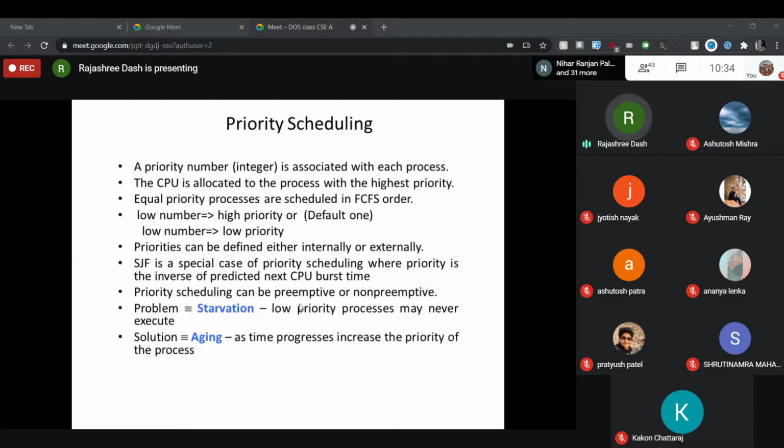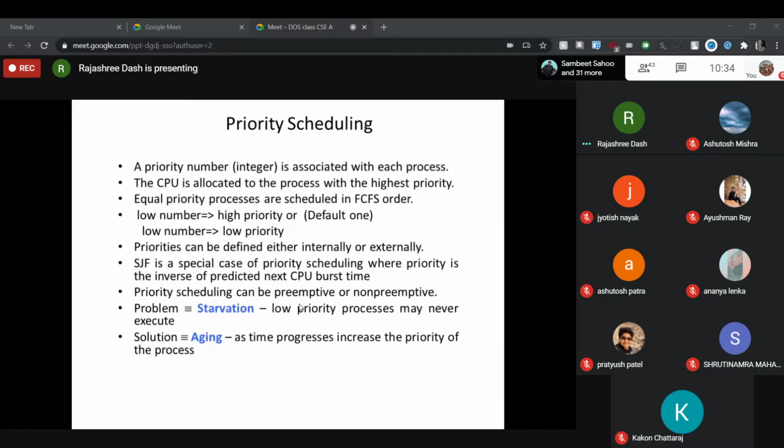So the user is not concerned about the priority number. So priority number is provided. So here the processes are selected based on the priority number. Previously in the SJF, what we are doing? We are selecting the processes based on the smallest CPU burst time. But here instead of the scheduler looking at the CPU burst time for selecting a process, it looks at the process's priority number. Okay. So you may consider your SJF, the shortest job first scheduling, as a special case of your priority